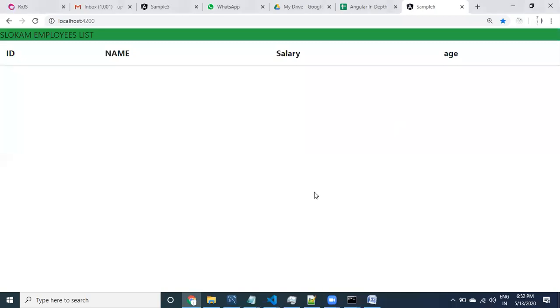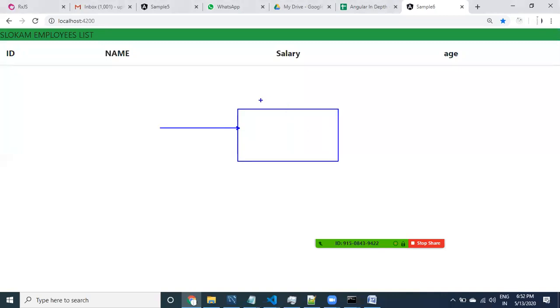Right. Now what I want to do, I have to call the component. Which component I need to call? From the app component, I need to call table component, employee table component. Now data is not available in the employee table component. Data I would like to pass from the app component. I would like to pass this employee data to this employee component.